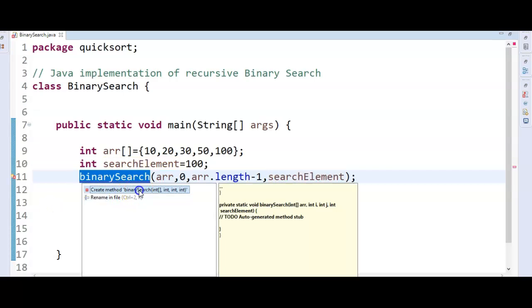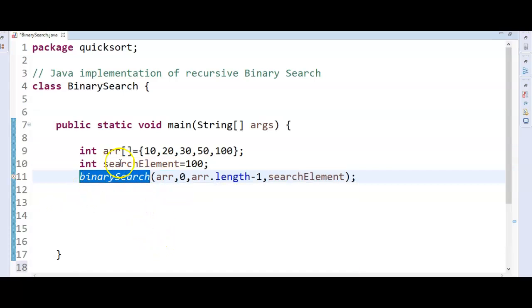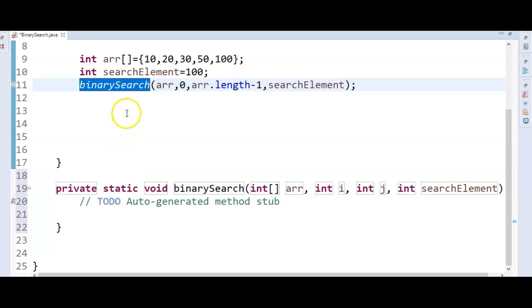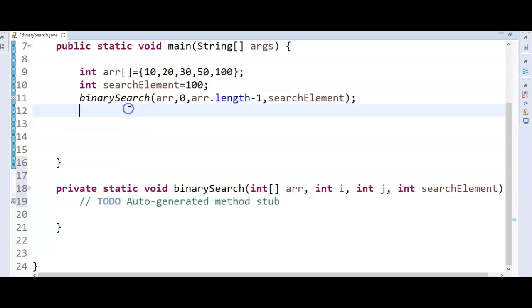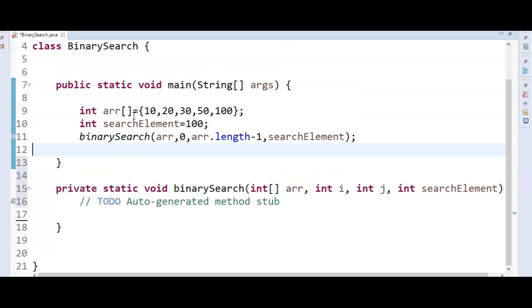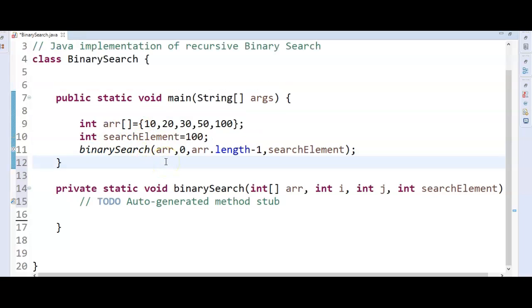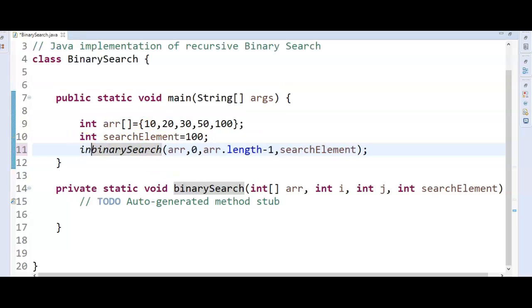Let's create a method. It returns an int index.